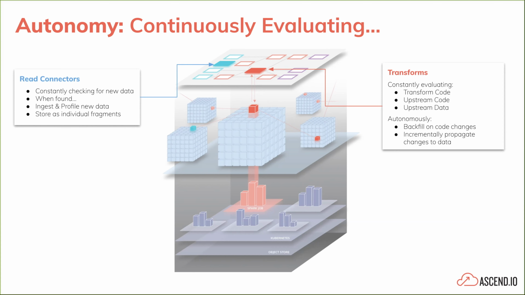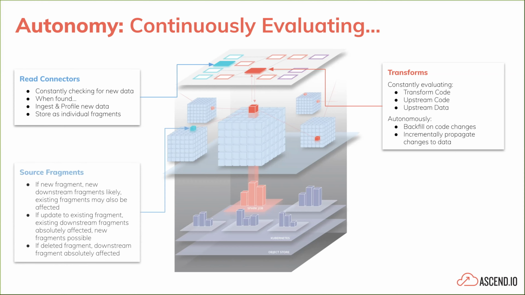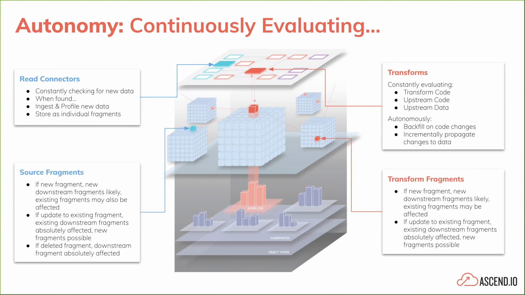If we have something like a code change, then that means the p-SHA for that whole component has changed. And so we already know all of those input fragments are invalidated, and so you get an autonomous backfill of historical data changed with that code change. And again, a simple set of rules for: if a new fragment has appeared, if a fragment has been updated, or if a fragment gets deleted.